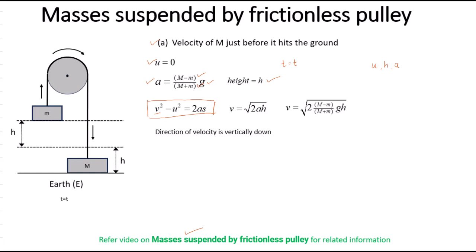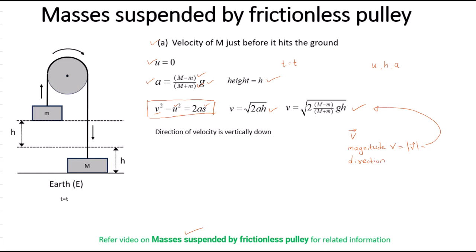And if you put u equal to 0 and s equal to h, you will get v equal to square root of 2ah. And substituting the value of a from the expression above, we get the final velocity with which it strikes the ground as square root of 2 times (M minus m) over (M plus m) times gh. Since velocity is a vector, it will have two components, the magnitude and the direction. As far as the magnitude is concerned, it is given by v, the magnitude of the velocity vector, by the expression mentioned here. And as far as the direction is concerned, we clearly see in the picture that